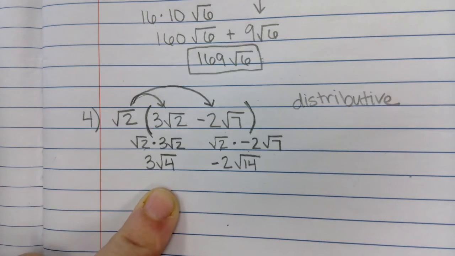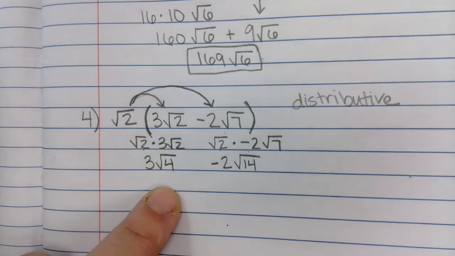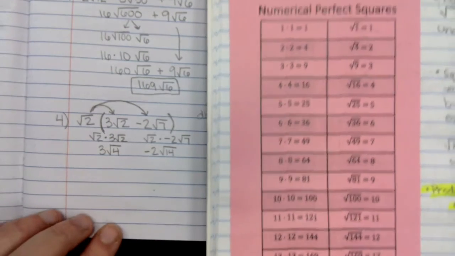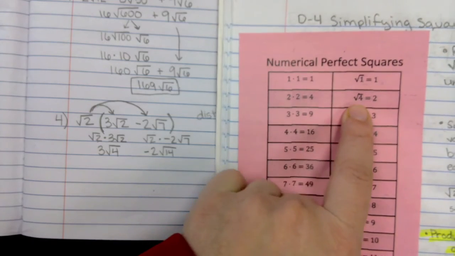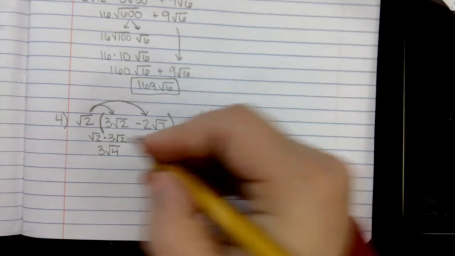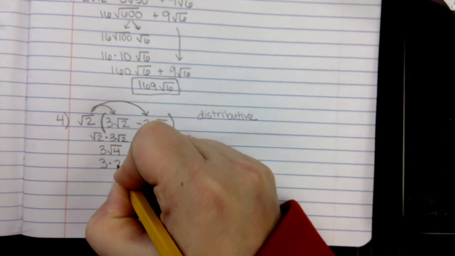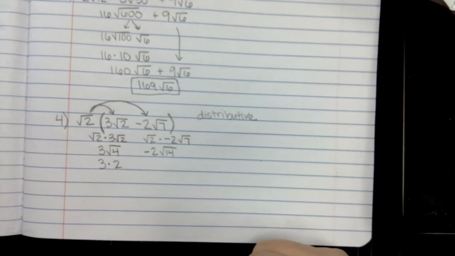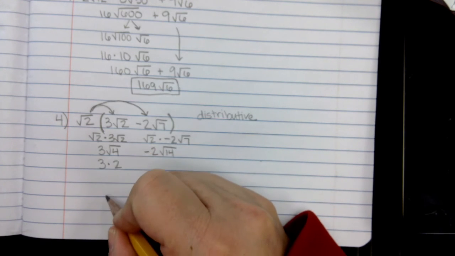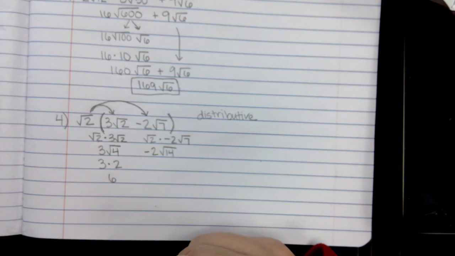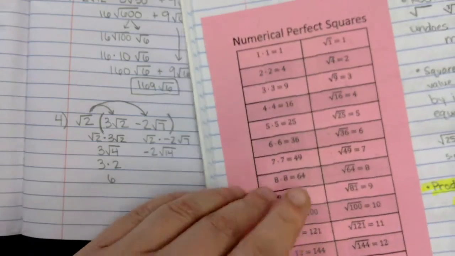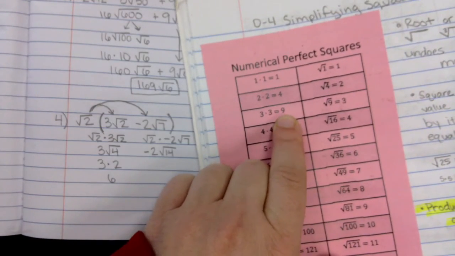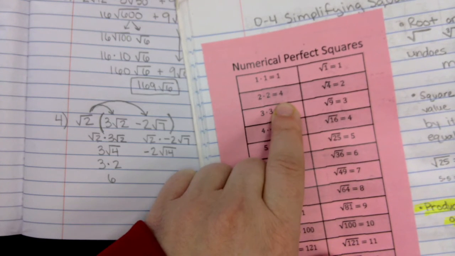Alright, what about square root of 14? Is there anything I can divide 14 by? Can I do 14 divided by 9? No. 14 divided by 4? Nope. So nothing with that 14. So it just stays the same. So for our final answer, we had 6, and then we can either say plus negative 2 square root of 14. And even though we end up with 2 separate terms here, there's 2 parts. Compared to how we started with the square root of 2 times the quantity of 3 square root of 2 minus 2 square root of 7, it's still a little bit simpler to work with that 6 plus negative 2 square root of 14. And that's our whole idea today, is to